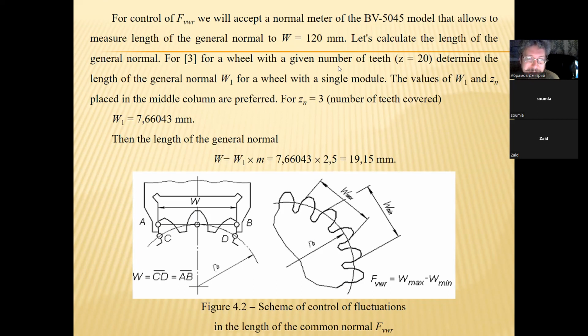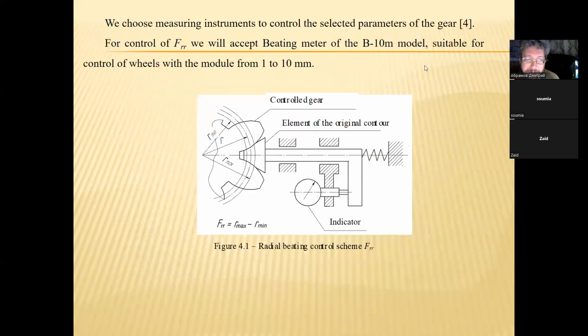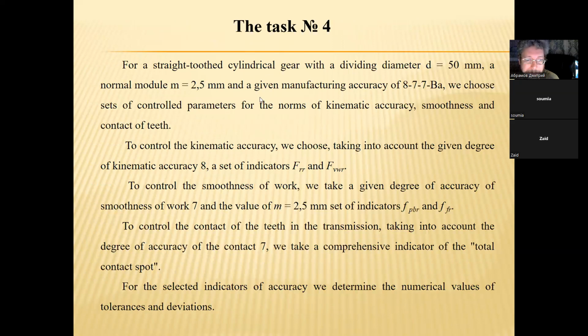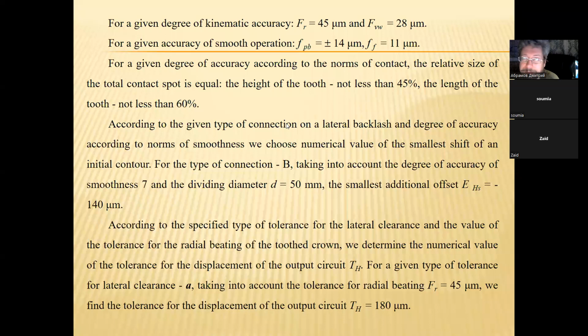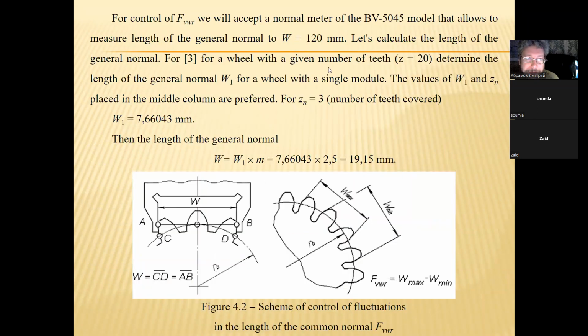For a wheel with a given number of teeth equal to 20. Number of teeth. In our task, the number of teeth is equal to 20. Determine the length of the common normal, W suffix 1, for a wheel with a single module. The values of W suffix 1 and Z suffix N placed in the middle column are preferred in the directory. For Z suffix N equal to 3, number of teeth covered, W suffix 1 is equal